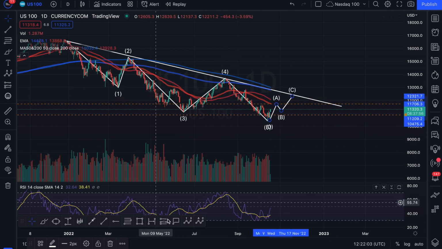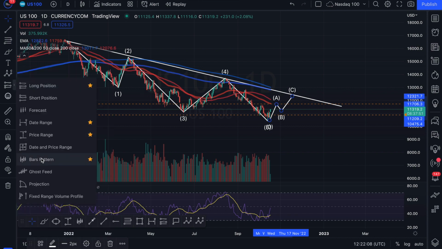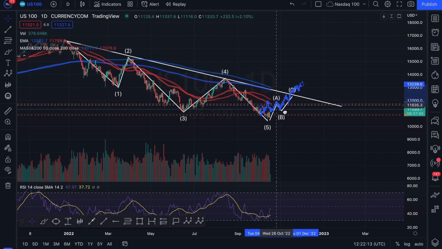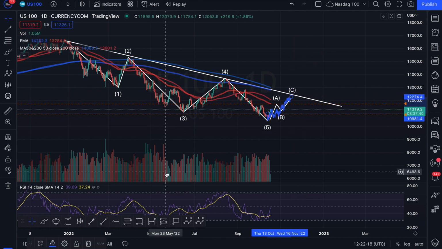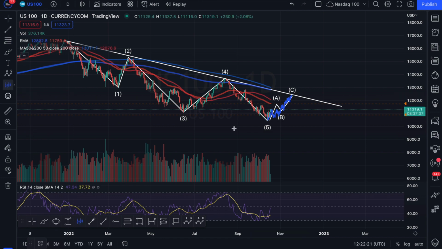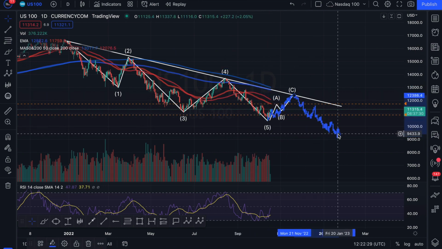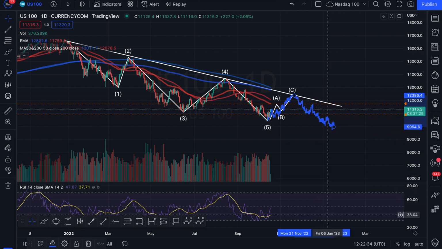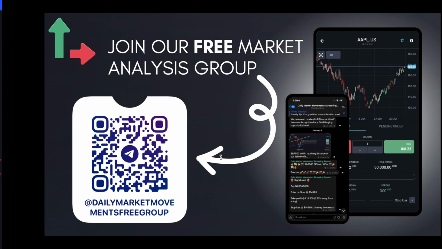in previous trading sessions. So just to make it clear, if I was just to basically copy some bar patterns, this is what I'm anticipating for the next couple of weeks. That aggressive move up towards the top side of this downtrend, and then eventually I do anticipate that we will have one final push lower. Now, I don't know how low we could go, but it could be 10,000, it could be 9,500, and I've just posted some very good research in my free analysis group,